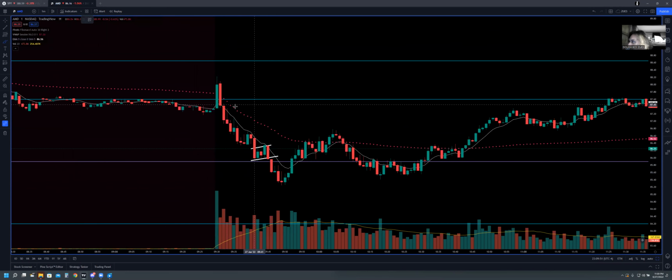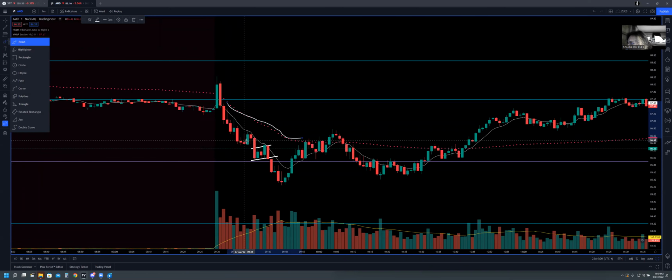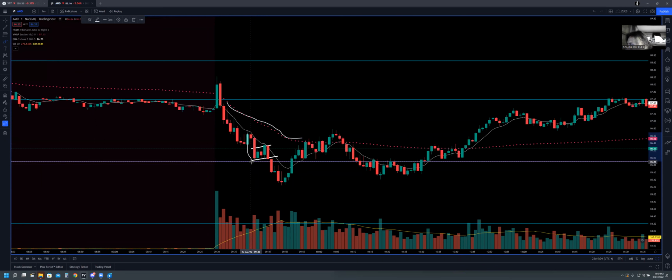So I noticed that we sold off hard. We're trading under this VWAP, under these pink dots. So right off the bat, we're bearish. I waited for price to do something near this pivot point. So it came down, started chopping around, and I just waited for price to get near this white line and